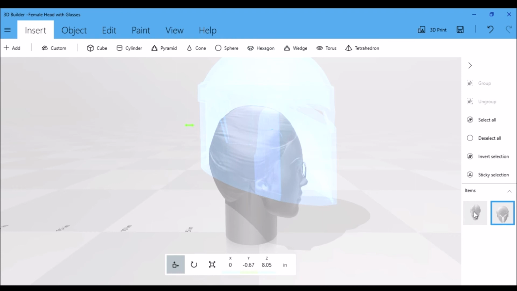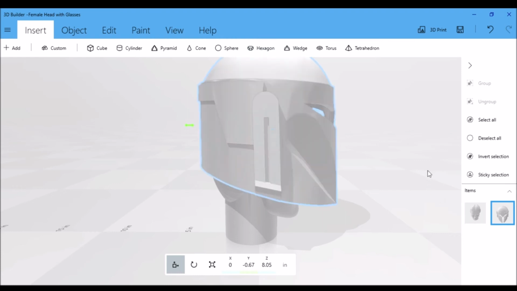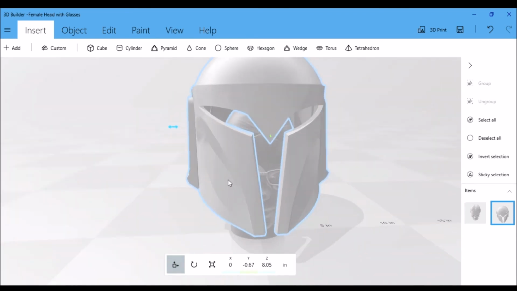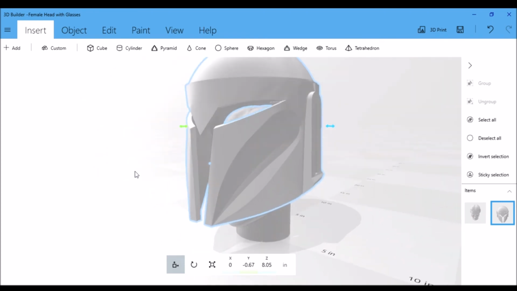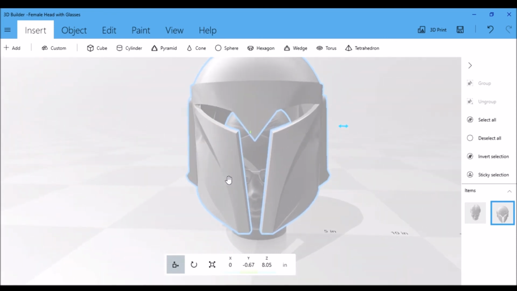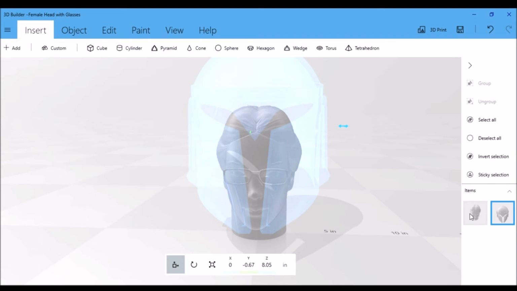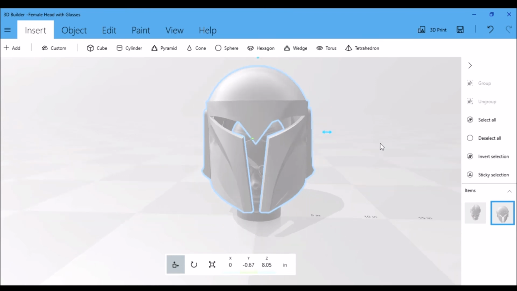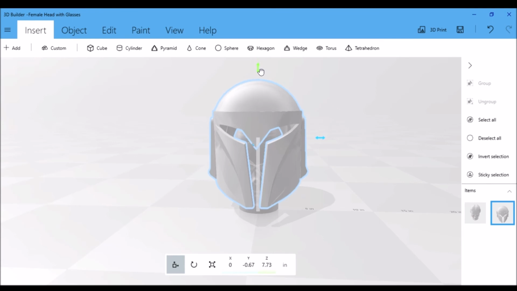Alright, now with it still in this position, let's rotate it around for a front view and make sure that the glasses aren't poking out or touching anywhere inside the helmet. Alright, let's stop there. And if the glasses were touching the inside of the helmet somewhere, it would highlight that kind of bright looking blue, like it was doing before when it was sticking through the model. So I am pretty confident that this helmet is sized just right